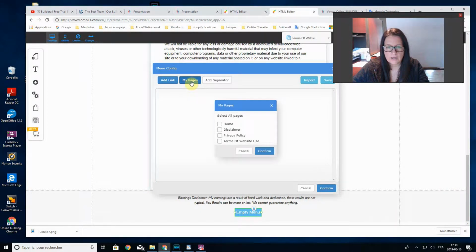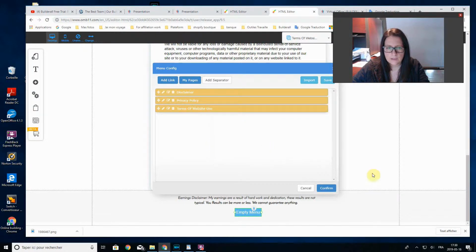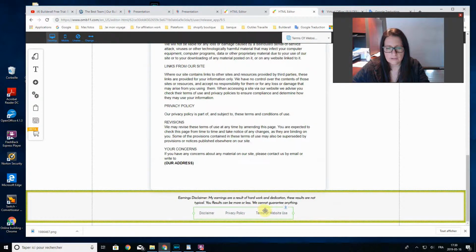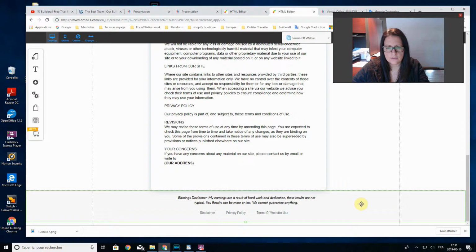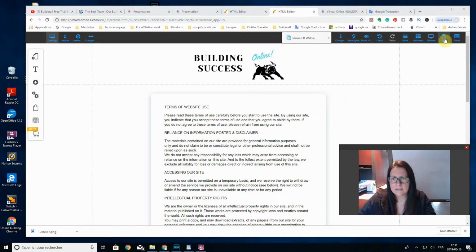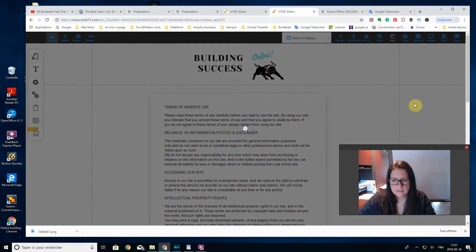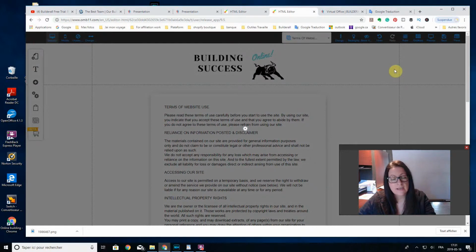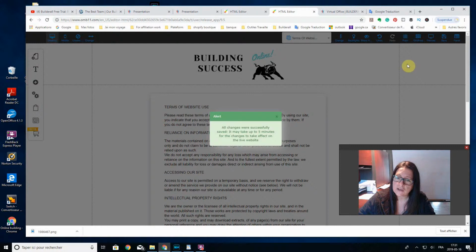So we want to add our pages, so we're going to add the disclaimer, the privacy policy, and the terms of website use. We confirm and confirm again. So here we have our little menu with all of the rules of our website. An important thing is to save and save again. So that's how we put a small menu with the legal pages on our website